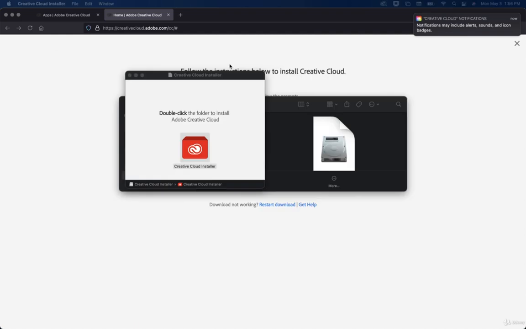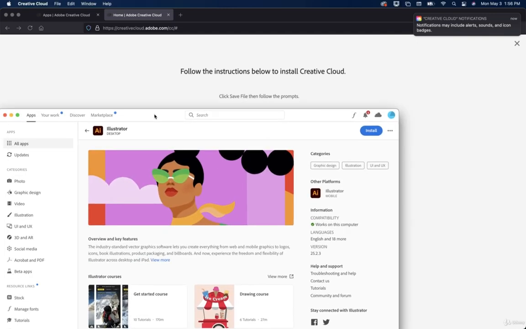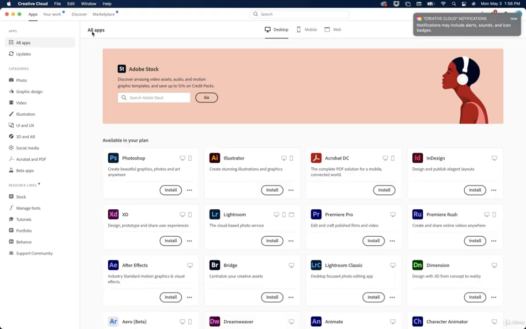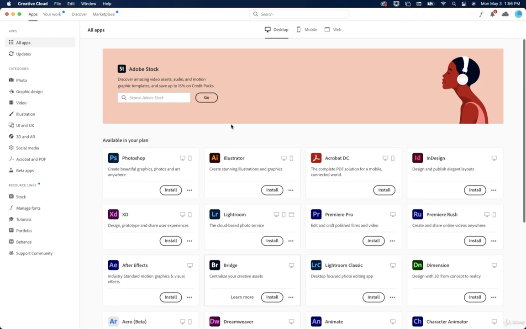All right, welcome back. So we've successfully installed Adobe Creative Cloud. Now what I want to do is I want to open up the application so I can show you, and I have it in another window here, so let me bring that over. Okay. And so what you can see here is it's displaying all the applications available in the plan that we signed up for with the 7-day free trial,